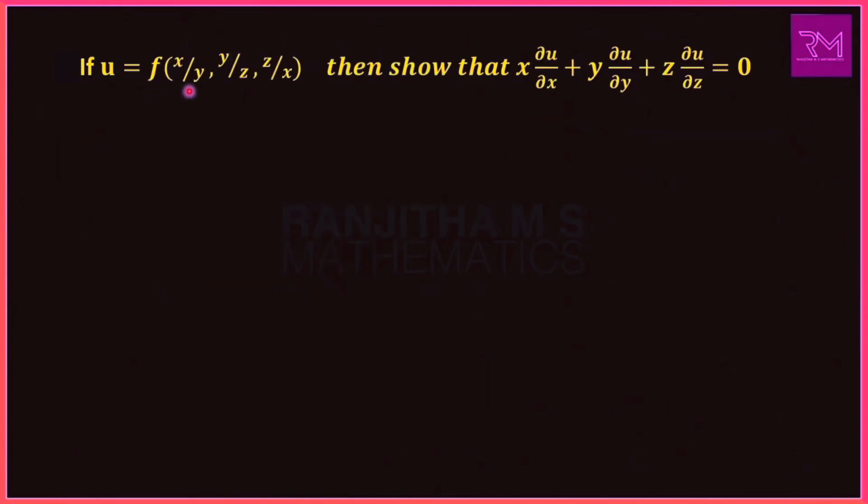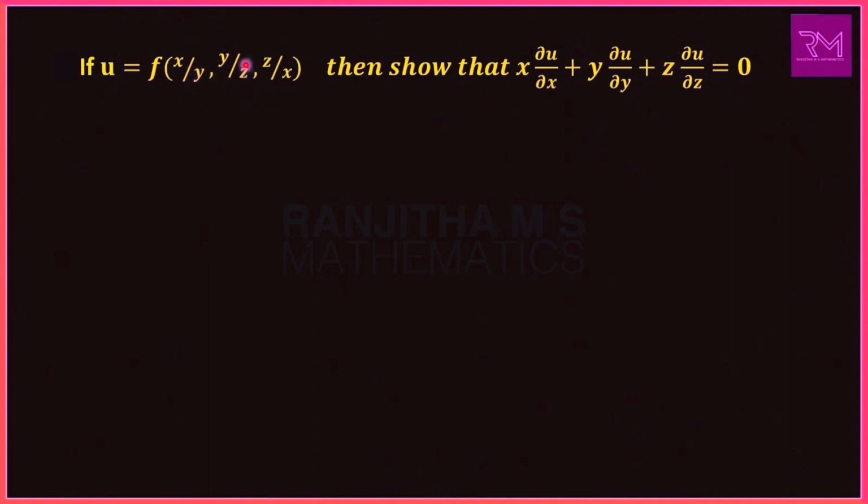If u is equal to f of x by y, comma y by z, comma z by x, then show that x into del u by del x plus y into del u by del y plus z into del u by del z is equal to 0. This is of the form u is equal to f of p comma q comma r, so that we get